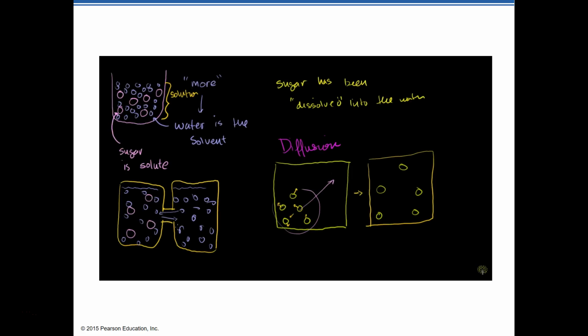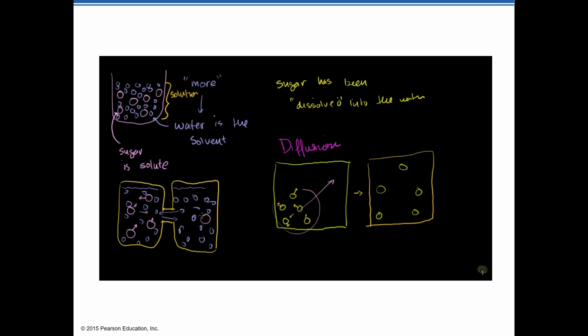That's one assumption that I'm making. So what's going to happen? All of these things have some type of kinetic energy. They're all bouncing around. Well, over time, the water is going back and forth. This water molecule might go that way, that water molecule might go that way, but they net each other out. But over time, one of these big sugar molecules will be going in just the right direction to go through. Maybe this guy, instead of going in that direction, he starts off going in that direction. He goes just through this tunnel connecting the two containers, and he'll end up there, right?